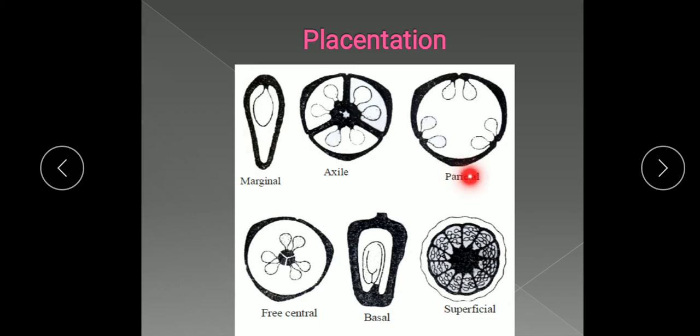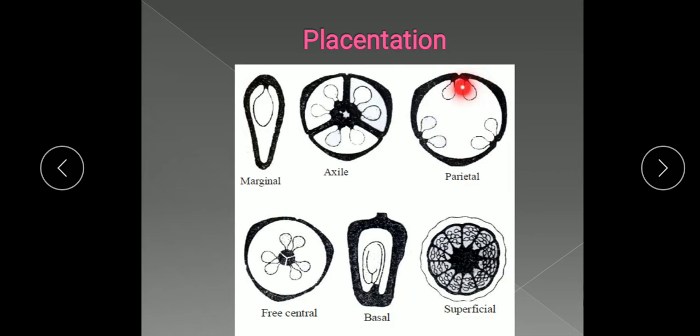In this type of placentation, gynoecium is multicarpellary. Here you can see 1, 2, 3 carpels, maybe more than that. Multicarpellary, syncarpous. Ovary is unilocular, but here ovary has only one locule. Here you see the 3 locules are there in this ovary, but here locule is one only, that is unilocular. And the placenta are borne on the fused margin of the same carpels. So these carpels, when they fuse at this place, the placenta arise.